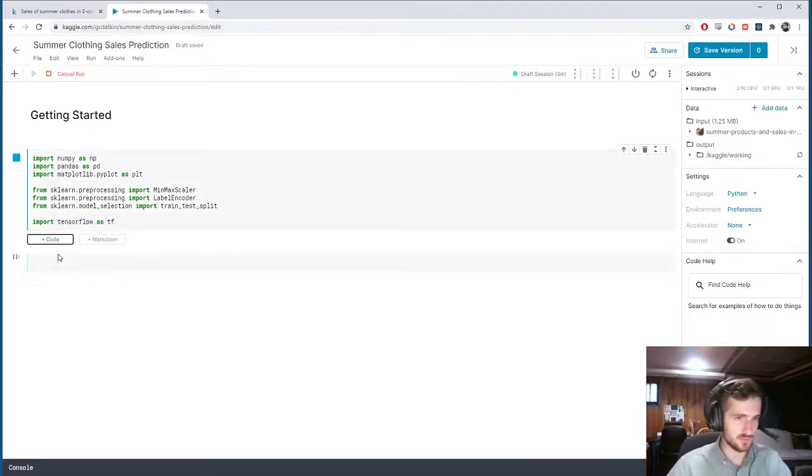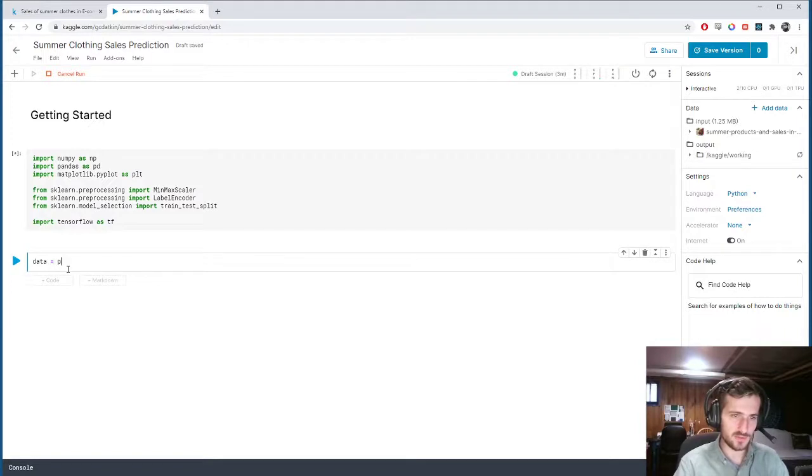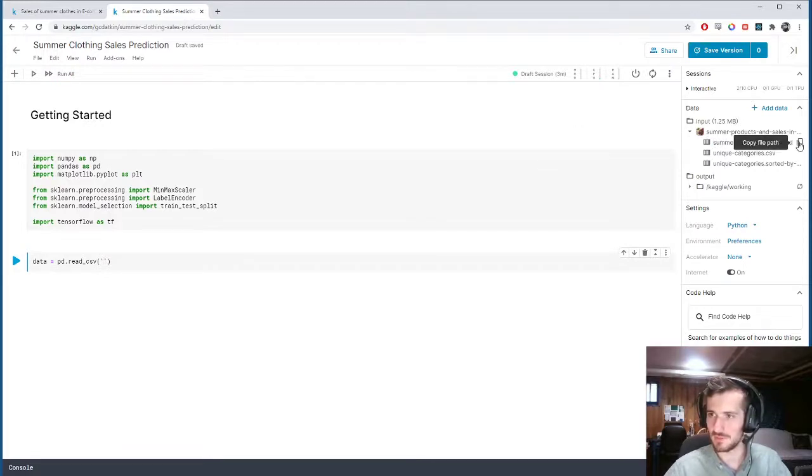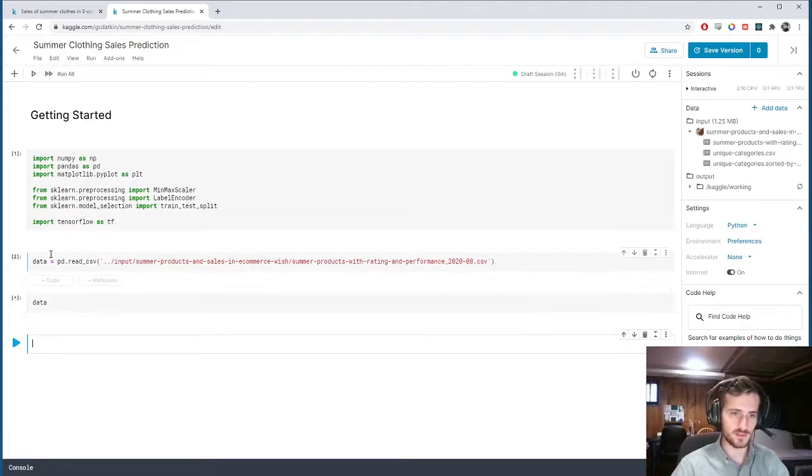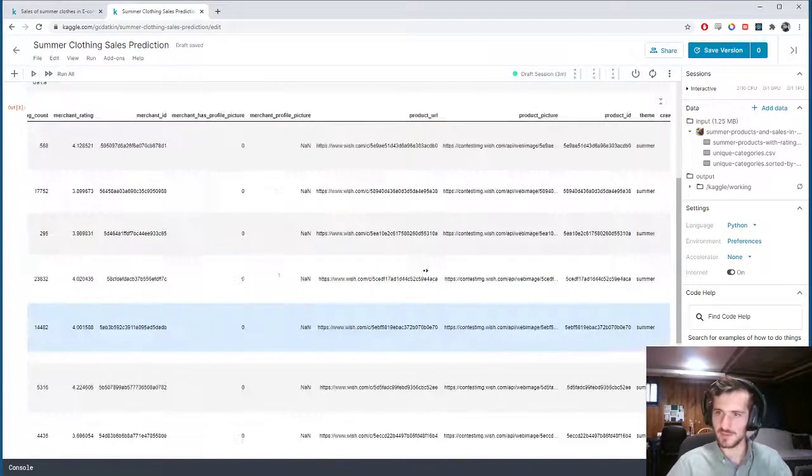So let's run that, and let's import the data using Pandas read CSV function. And we can get the file path right over here. This is the file we want. So copy file path, paste it in, and take a look. Alright, and you can see right away,